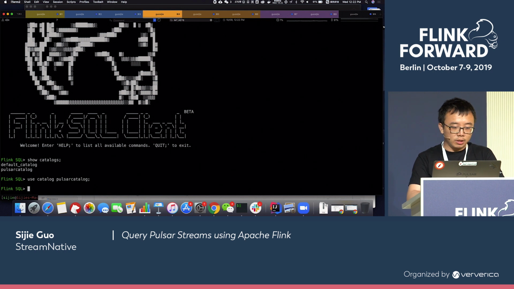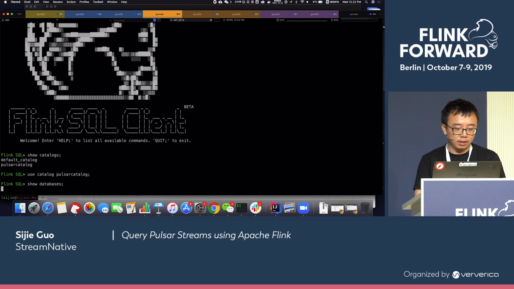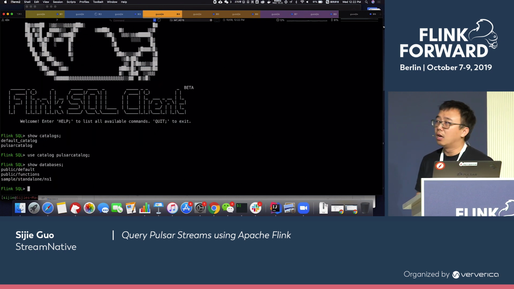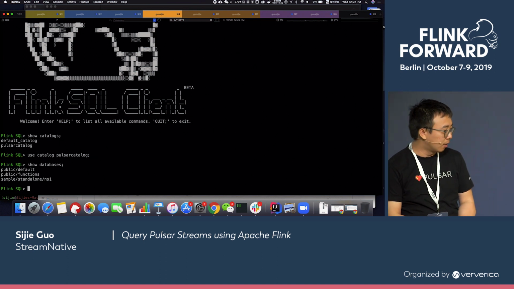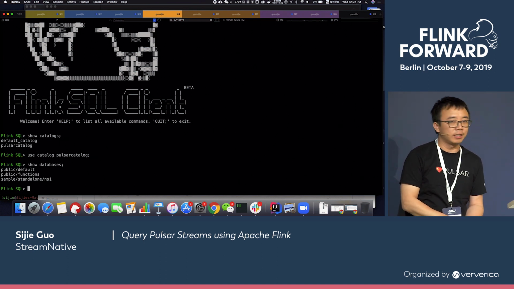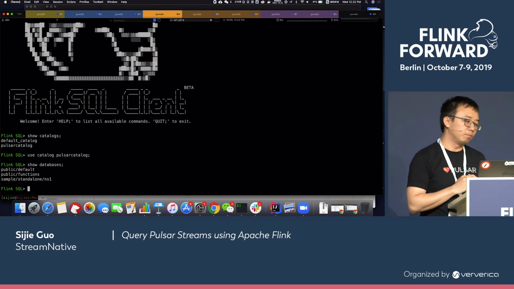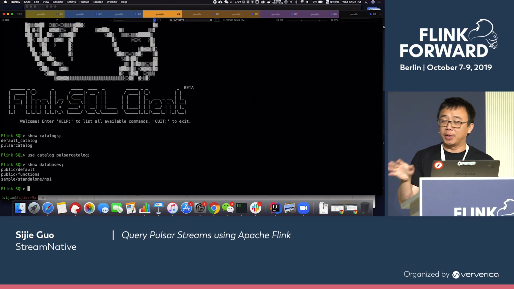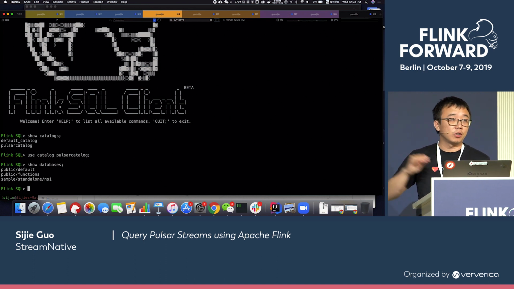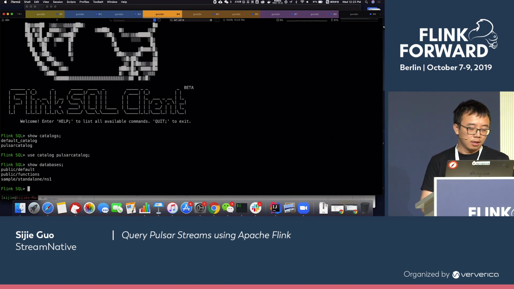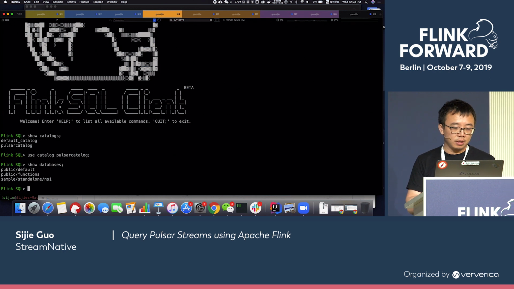And then once you use the Pulsar catalog, you can show the databases in the Pulsar catalog. As you can see here, it listed three databases. They're the three namespaces in the Pulsar cluster: the public tenant default namespace, the public tenant function namespace.